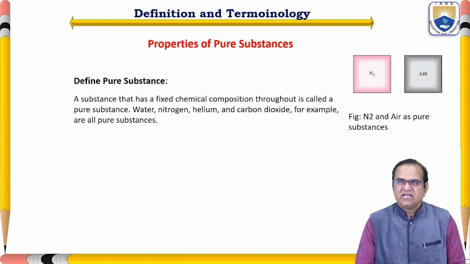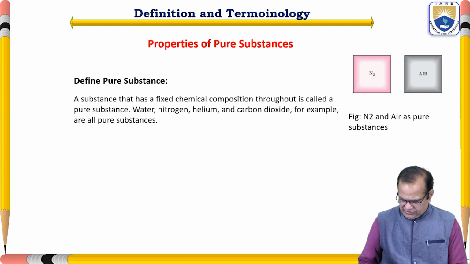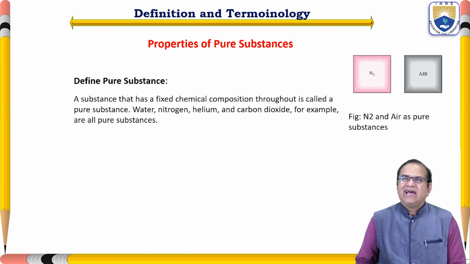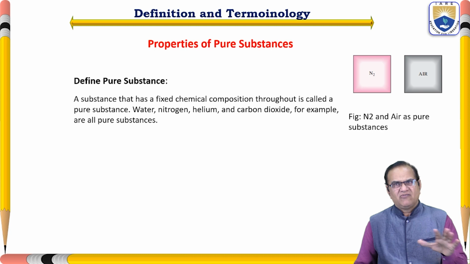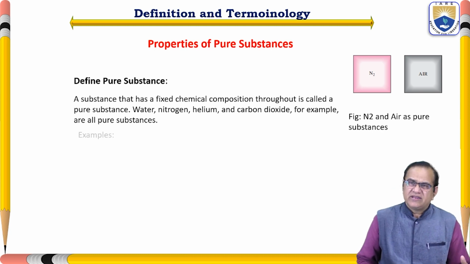Water, nitrogen, helium and carbon dioxide, for example, are pure substances. In this, the chemical composition is fixed. It will not vary. Like nitrogen, it is N2, water H2O. So this hydrogen and oxygen will remain the same in all its